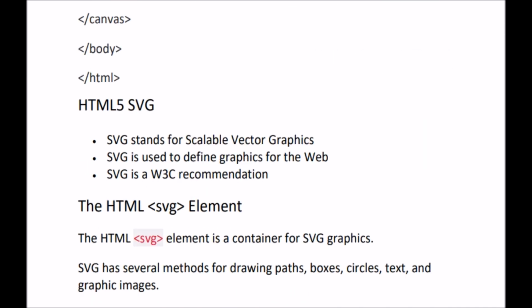Now we will be discussing HTML5 SVG. SVG stands for Scalable Vector Graphics, which is used to define graphics for the web page. Basically it is a W3C, the World Wide Web Consortium, recommendation. It is like HTML for creating graphics.